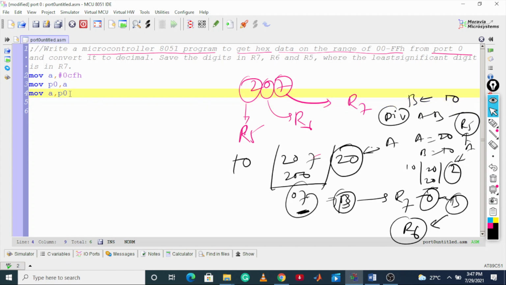It must be port 0. This is what we have done. We have loaded this data, CF, into the accumulator.